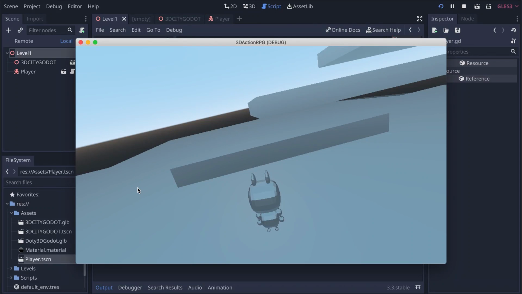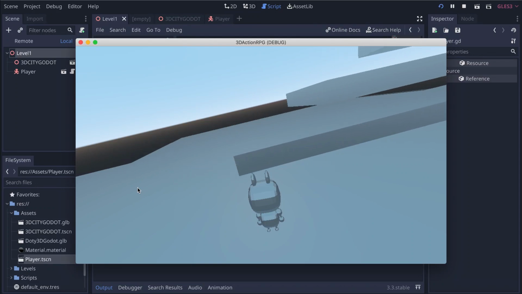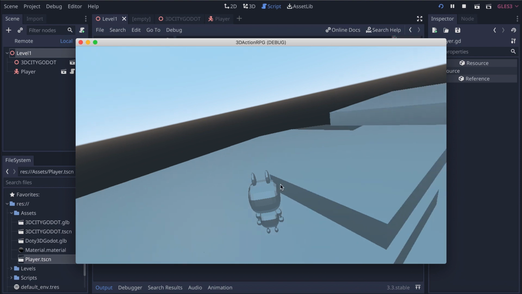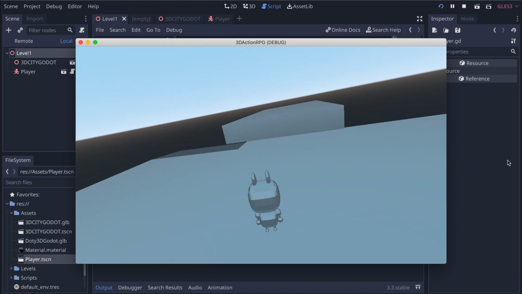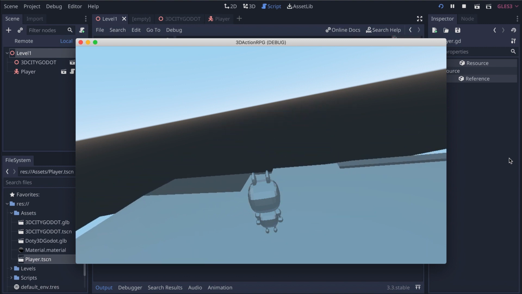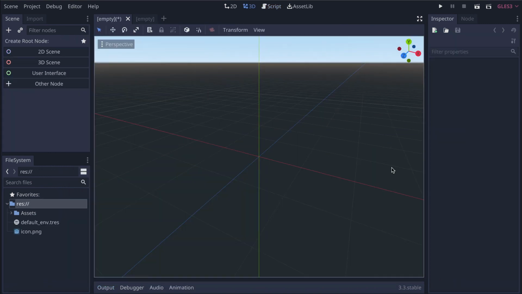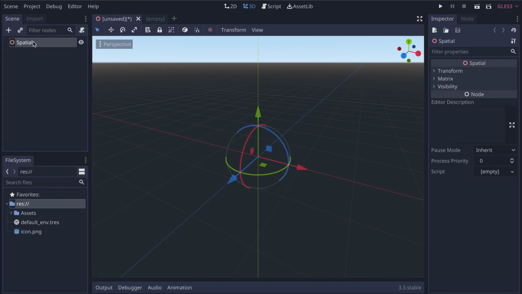Hi everyone, so in this video today we're gonna see together how we can code the prototype for an action RPG in 3D in Godot, where our player can move, can jump, can go to platform. So let's get started. So the first thing I'm going to do is to create first a 3D scene, and